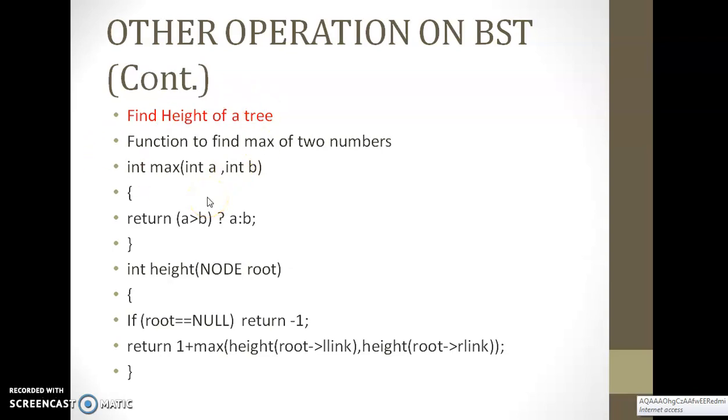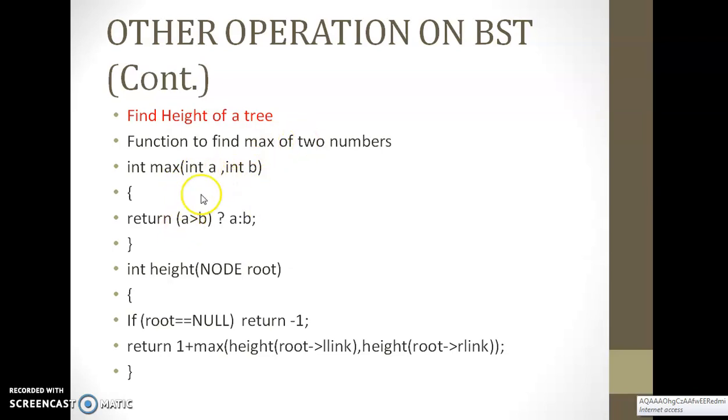For example, if I take a for the left subtree, b for the right subtree. If the left subtree contains more nodes, then this will get executed. If the right subtree contains more child nodes, that time this will get executed. Okay, then based on that, you return the value whether a is greater or b is greater, meaning left subtree is greater or right subtree is greater.